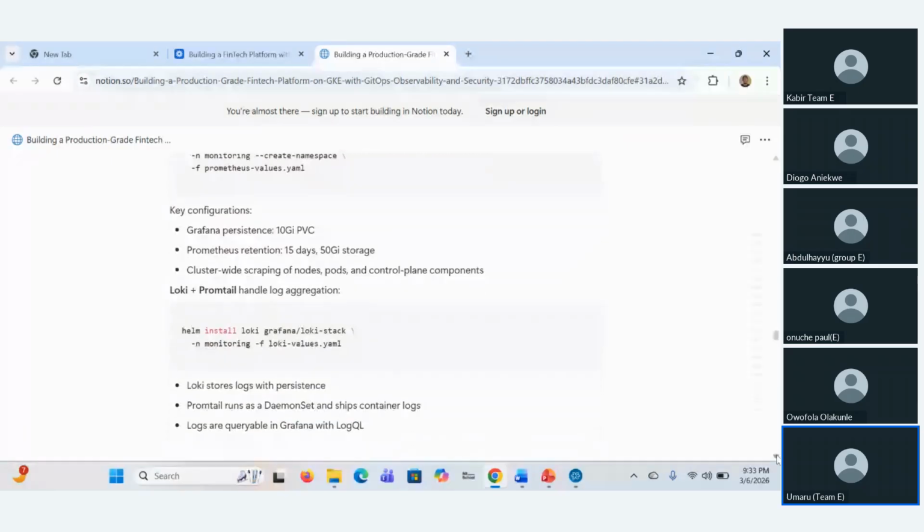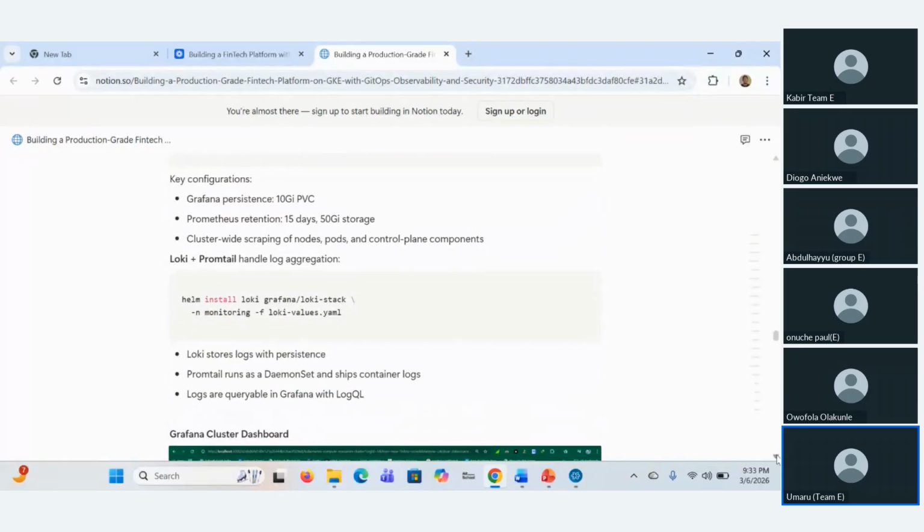The script you are seeing up there is how we installed the kube-prometheus stack with the help of a custom configuration file, which we have in the last part of the script. The custom configuration contains the specifications that we want, like the persistent volume, the storage size, and other important parts.